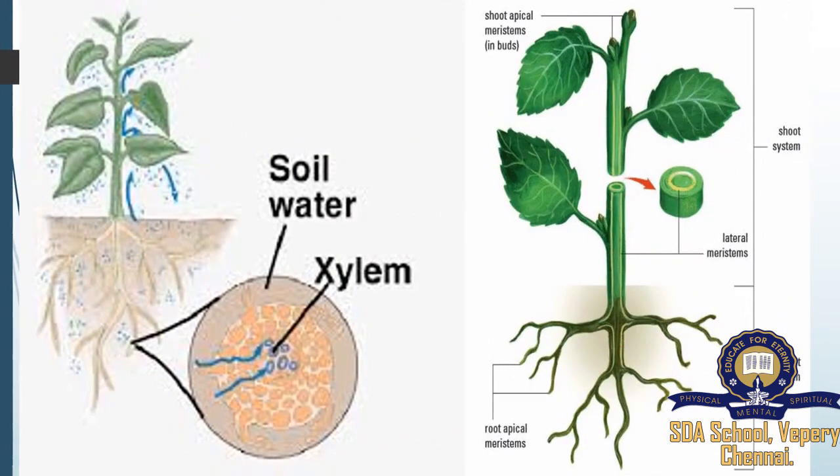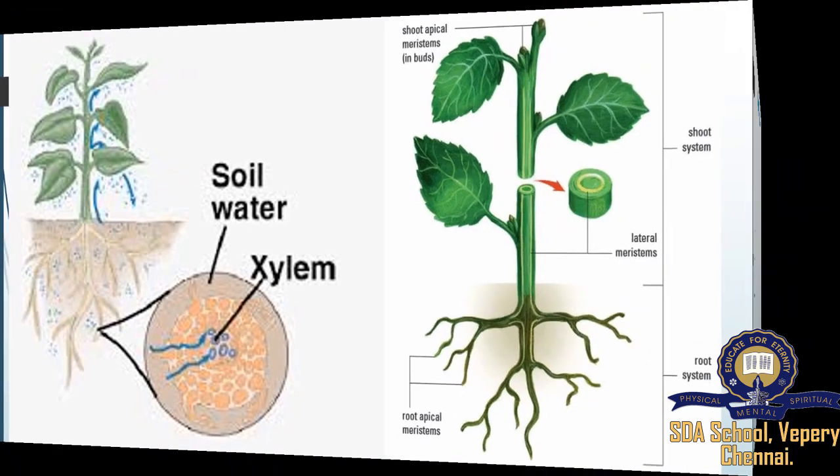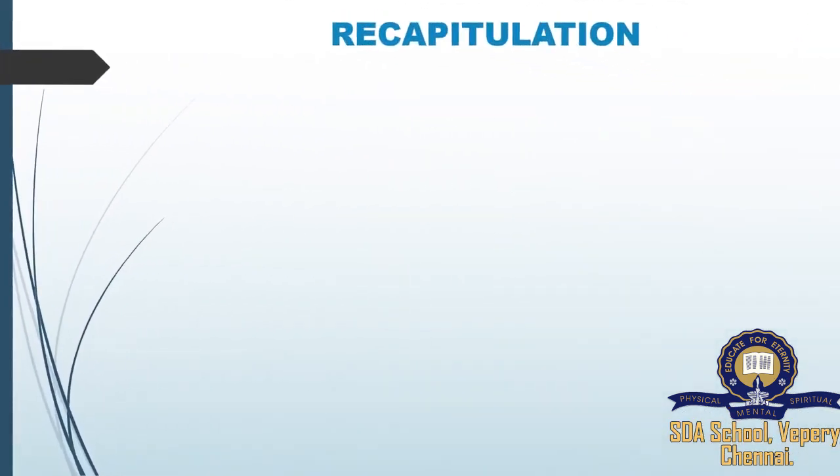Let's recollect the things. In our last class, we studied the structure of the plant and then the tissue system. It is the physical appearance of the plant. Then the inner part is the anatomy of a plant. In our last class we studied tissue systems in plants. How many tissue systems are there in plants?